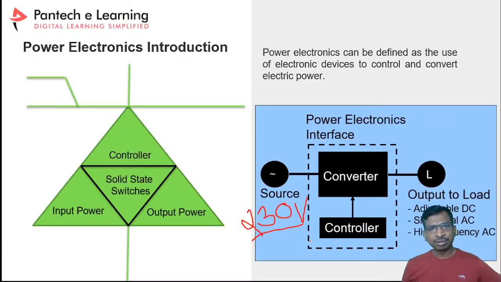Here, can you name any one controller? The very first basic controller is the 555 IC timer, right? Do you know the 555 timer? The 555 timer will work in two modes: one is the astable multivibrator and the other is the monostable multivibrator. The astable multivibrator will generate a kind of pulses, so we can use that pulse for PWM purposes.